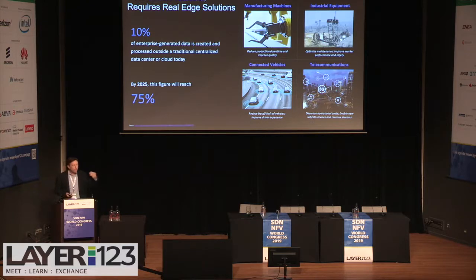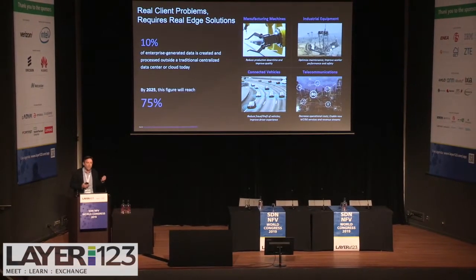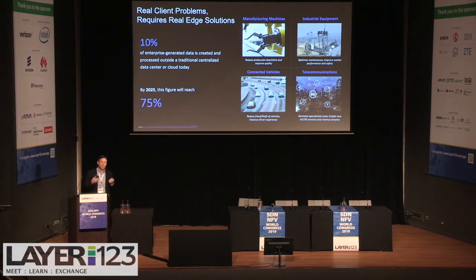make those decisions. Manufacturing machines: for every hour of downtime in an industrial manufacturing plant, it's $250,000, is one of the figures I've got from a company that does wind farms. So these things are really expensive pieces of equipment, lots of instrumentation, collecting lots and lots of data, but every hour of downtime is $250,000. That's quite significant, right? If we can help with that. Connected vehicles, we're all fully aware of it. Lots of different use cases around that, and of course, the telecommunications, telco industry that a lot of us are near and dear to. Decrease those operational costs, enable those IoT devices, enable those 5G low latency applications, etc.